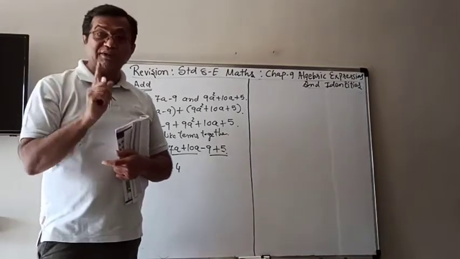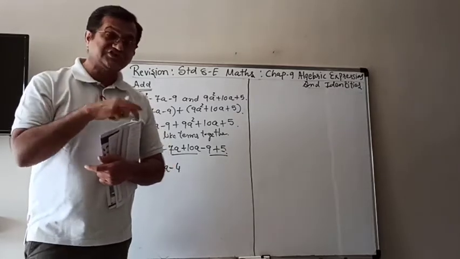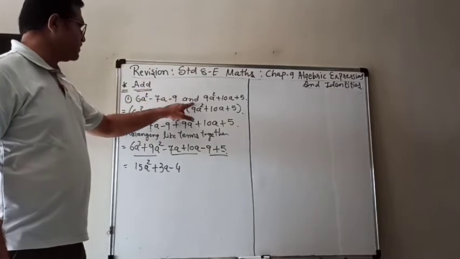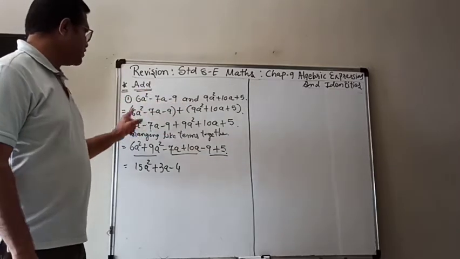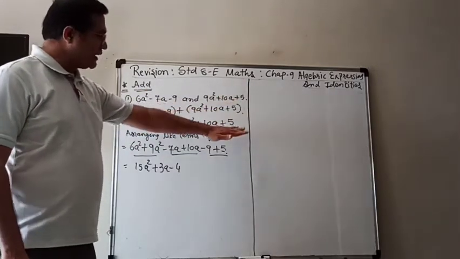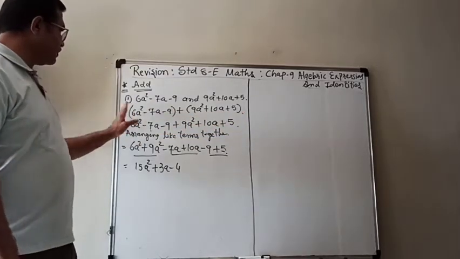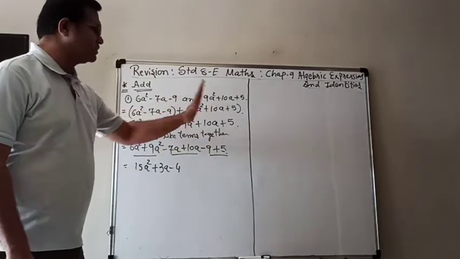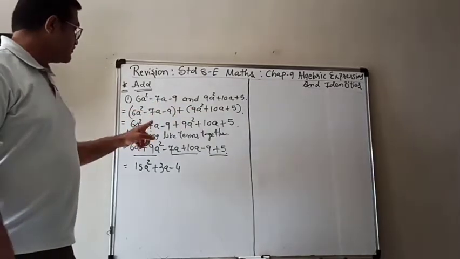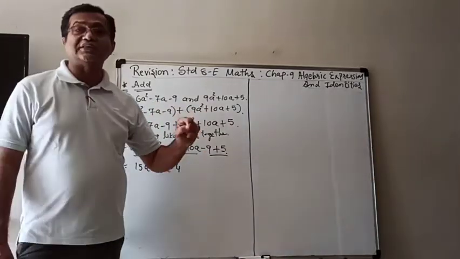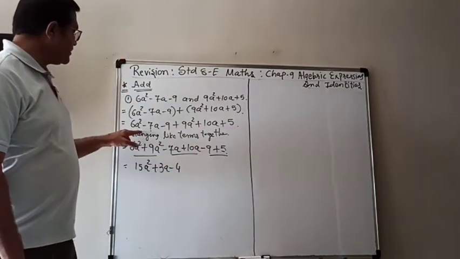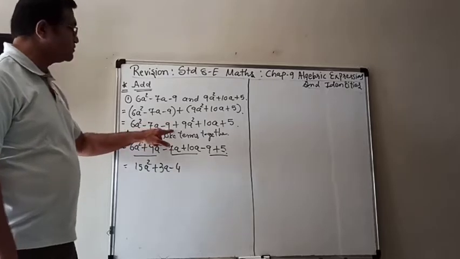Once again I am going to explain. Watch carefully. Whenever there is add, you have to put a plus sign with the brackets. Next step, remove the brackets only and write all the terms as they are. And then we have to arrange like terms together. Like terms means same family. Right? So here there are three families: the a square family, the a family and those without a.